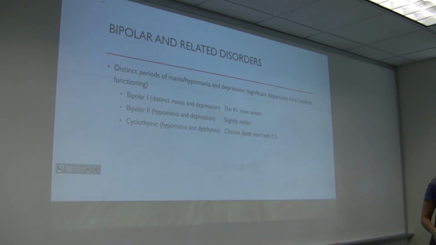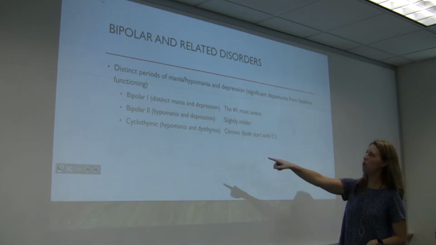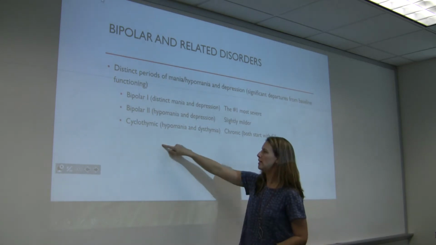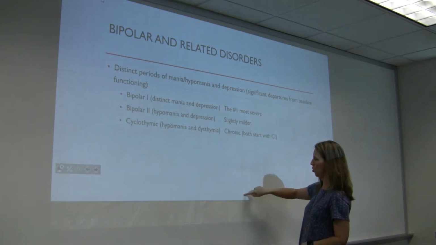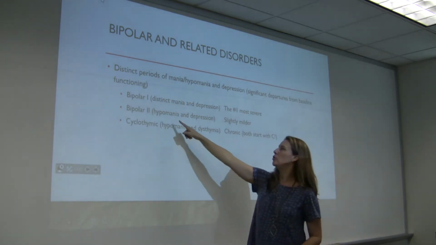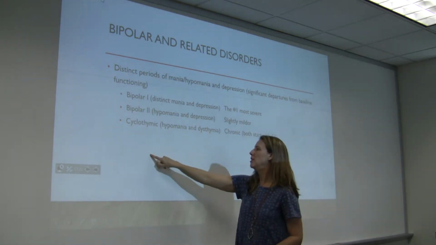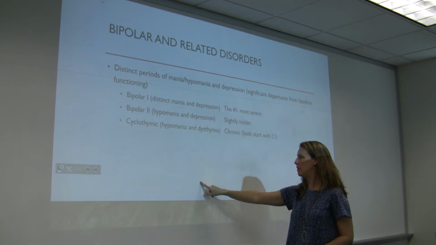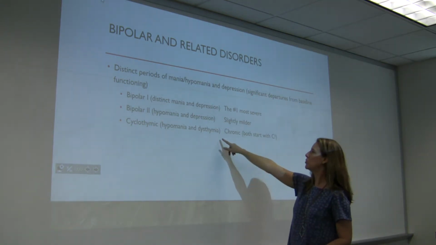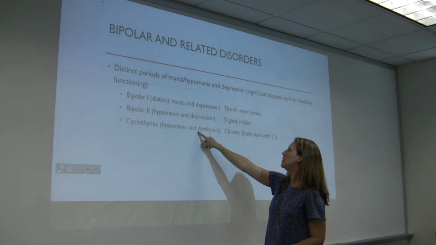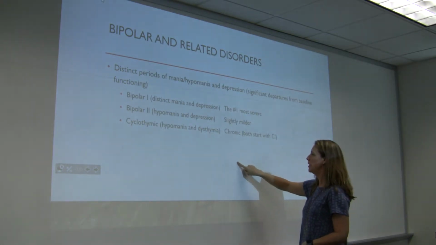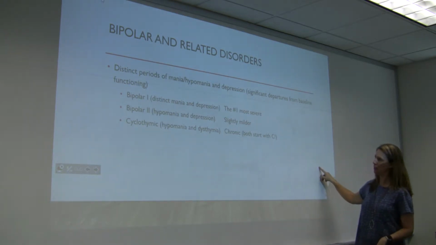You can think of bipolar 1. So if I have my baseline level of functioning, bipolar 1 is high manias and low depressions, really big waves. Bipolar 2 is hypomania with depression. So my highs aren't quite so high, but my lows are still there, right? And then cyclothymic disorder, which is hypomania and dysthymia, is sort of lower level fluctuations, but the fluctuations still exist,